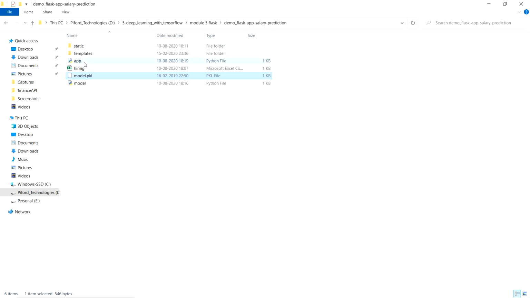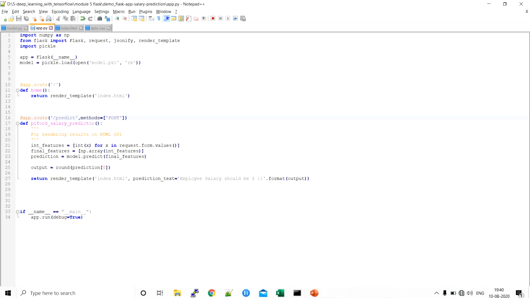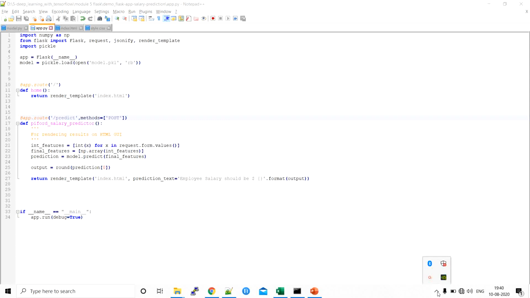Now let's see what this app file, app.py file, is. This is the app.py file. See, over here we are writing Flask code. What we simply need to do is create a Flask application, so over here I'm creating a Flask application.